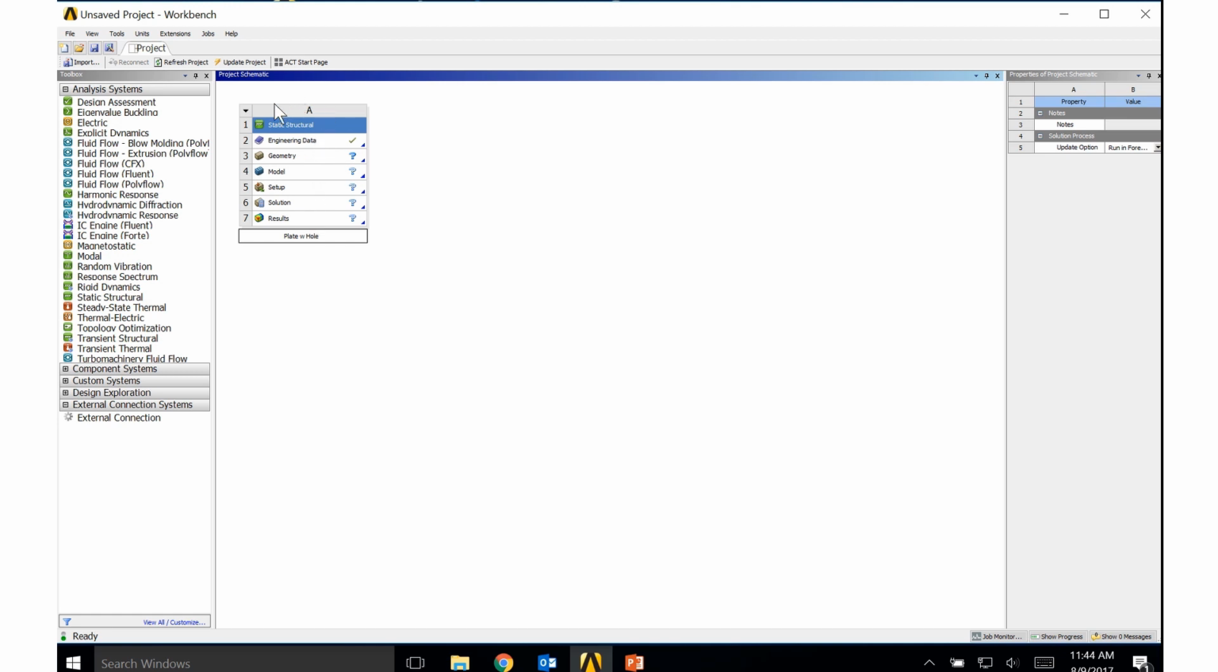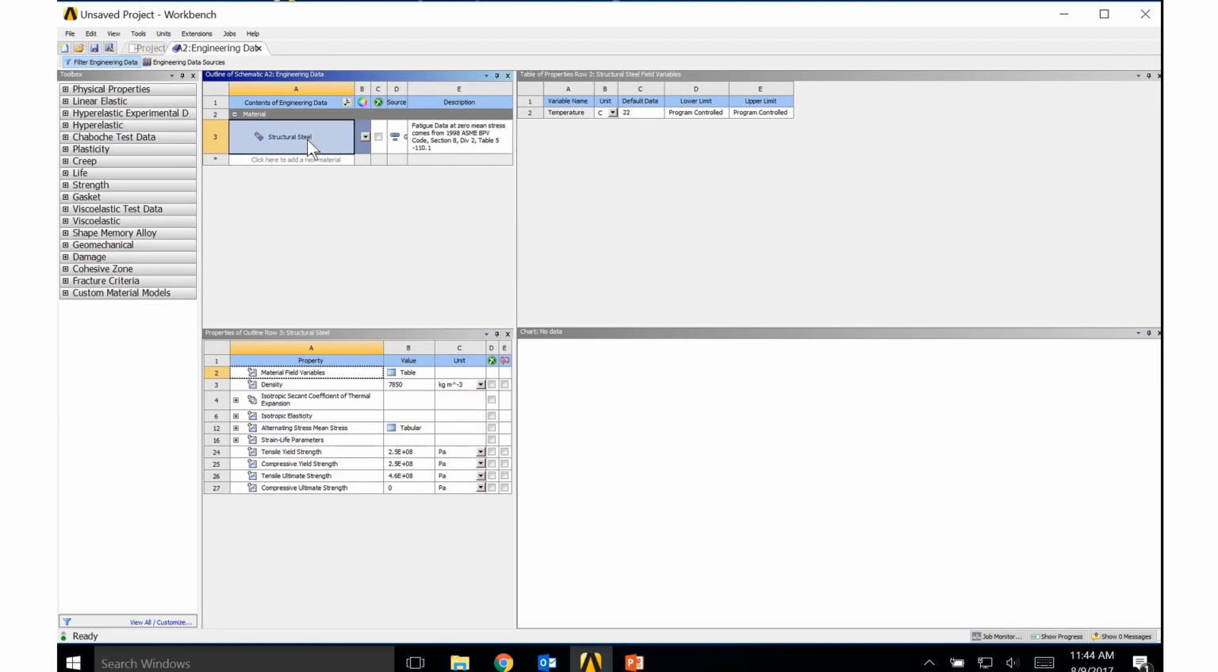Then what I want to do is work down this pop-up window in order. So the first thing that I'll look at is engineering data, and you can see that it has a green check mark here, and that's because it has set a default of structural steel. If I want to use structural steel, I'm okay to go ahead and move on and create my geometry and my model. If I want to change from structural steel or modify this,